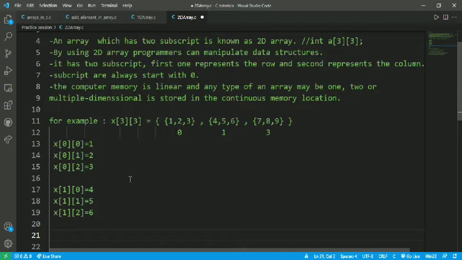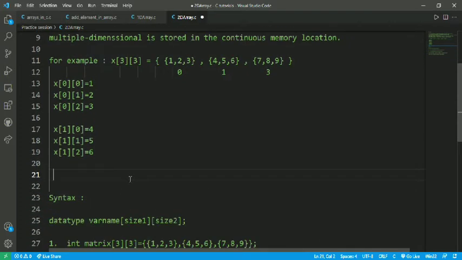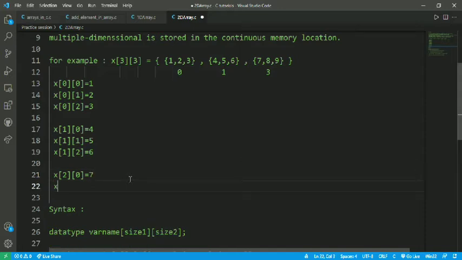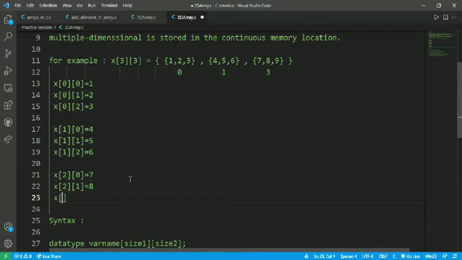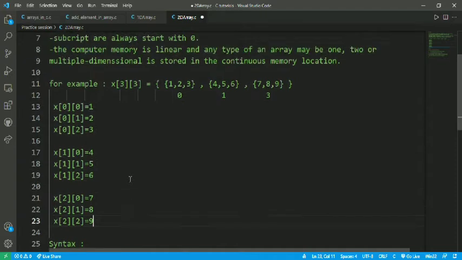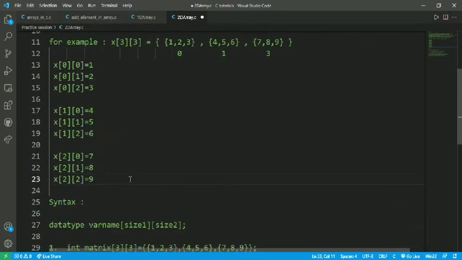For the third row, x[2][0] represents the value 7, x[2][1] represents the value 8, and x[2][2] represents the value 9. It is like a matrix.